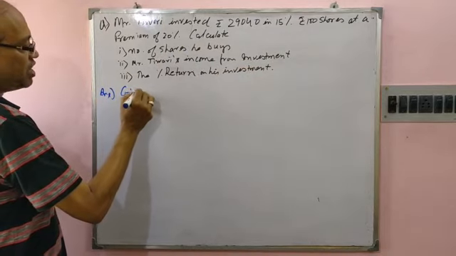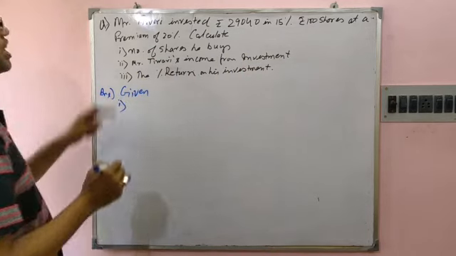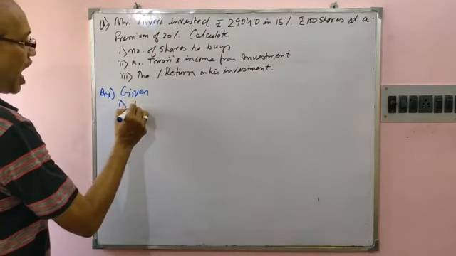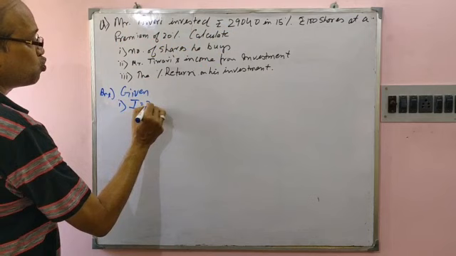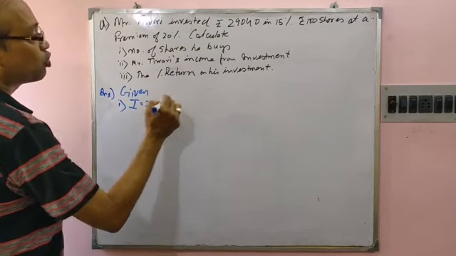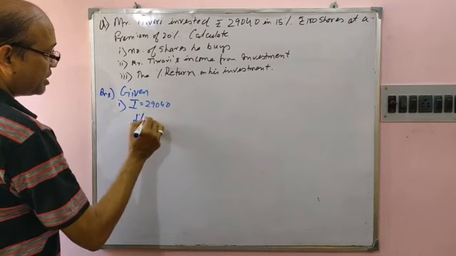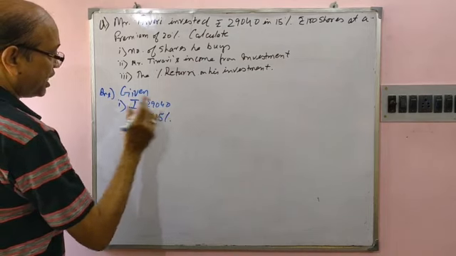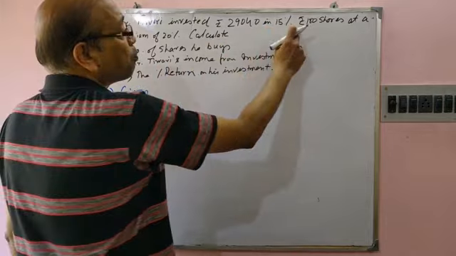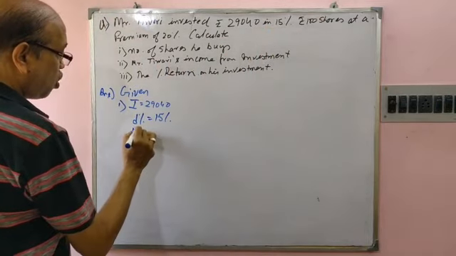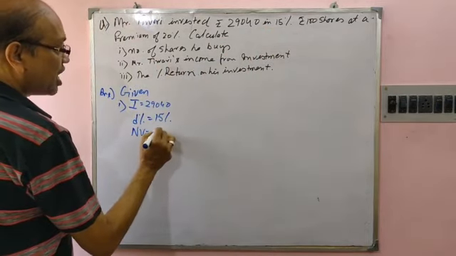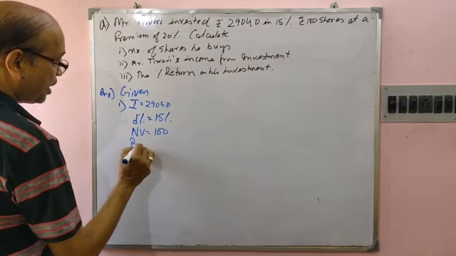Given, what is given? Investment is given. Investment is 29040 in 15%. That means D percent is 15%. Rupees 100 shares means nominal value is rupees 100. Premium